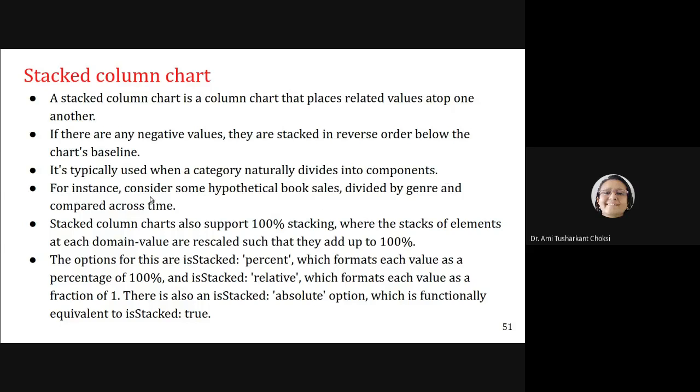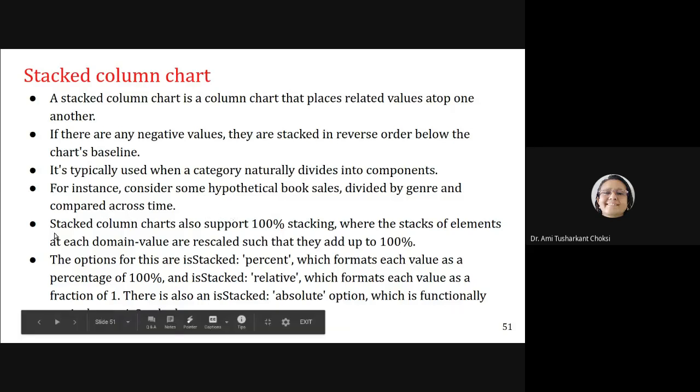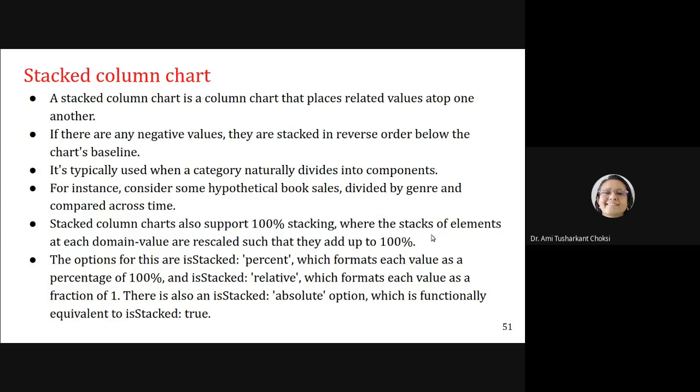For instance, consider some hypothetical book sales divided by genre and compared across time. Stacked column charts also support 100% stacking, where the stacks of elements at each domain value are rescaled such that they add up to 100%.